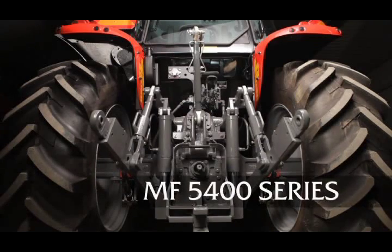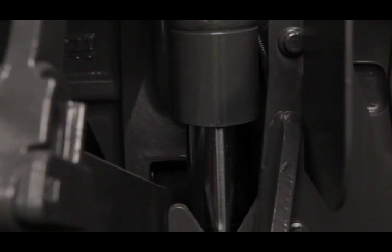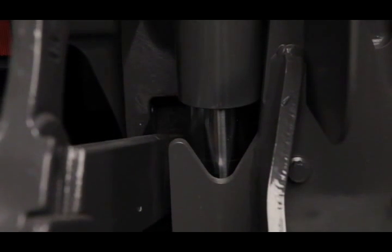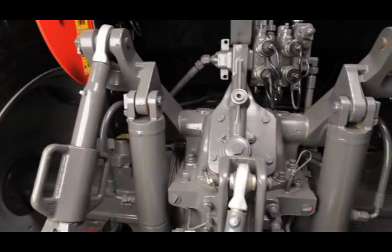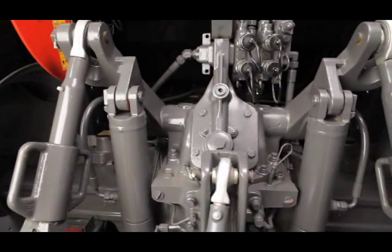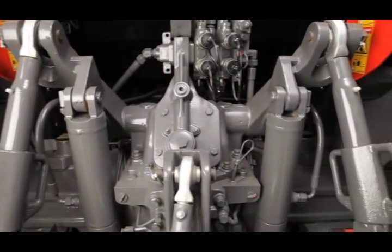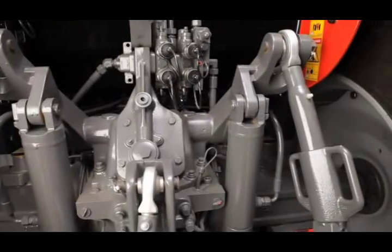There are 2 large hydraulic lift cylinders on the 3-point hitch of the 5480. These are positioned to protect the oil seals and cylinder rod end. The cylinders are actually placed upside down compared to the competition. The cylinder barrel is on the top end, which eliminates water, dust, and other debris from accumulating on top of the cylinder, which could cut the oil seal and cause oil leakage, eventually leading to premature damage and failure of